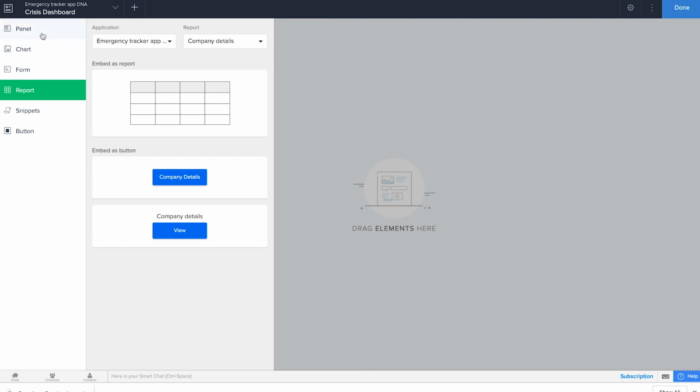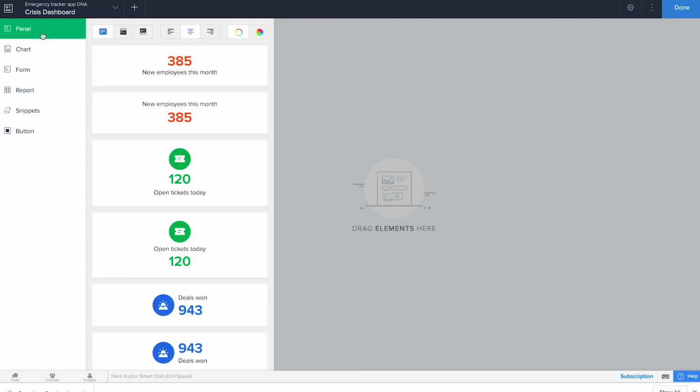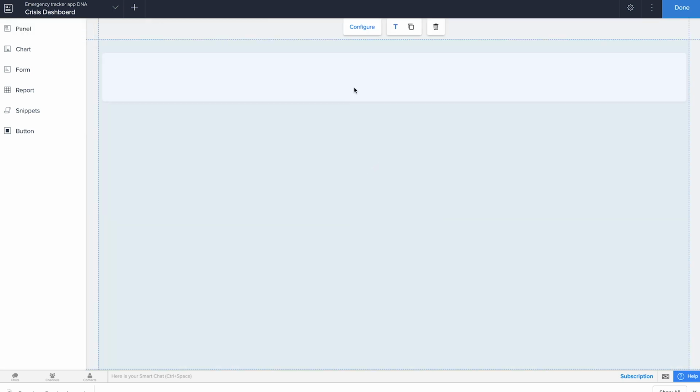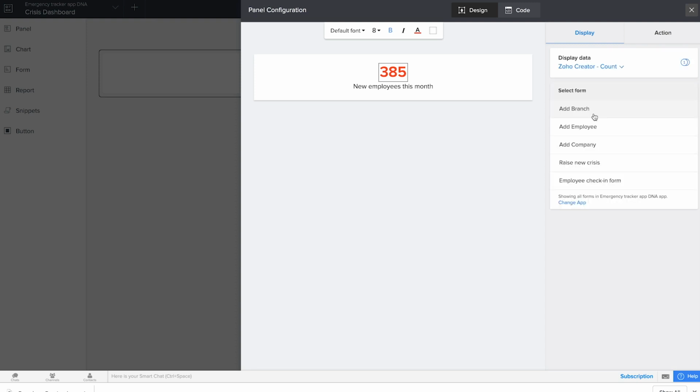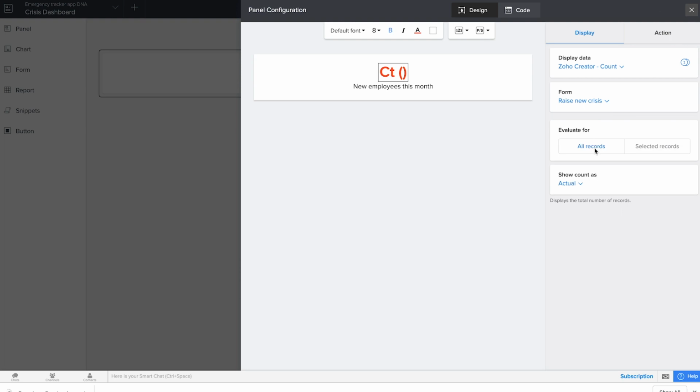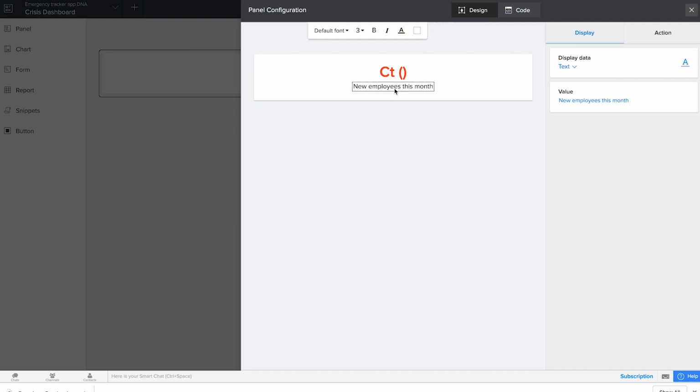So I'll start with a panel. I want to know how many incidents, how many crises have happened this year. For this, I'll use this panel here. This is where the numbers are. I can have a sum or a count. I want the count of records in the form Raise New Crisis, so I'll evaluate for all the records. For every record in the crisis, I know that it has happened, so a count of all the records would give me the count of crisis. This one I'll name as